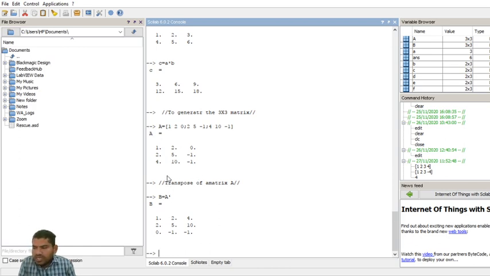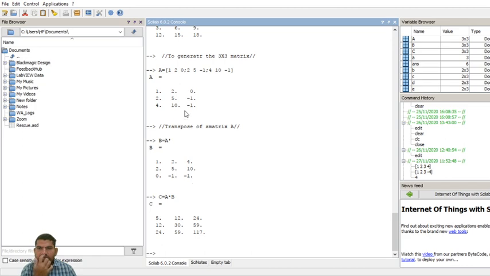This is B output. Now I want to multiply A and B. For multiplication of A and B, we use the symbol C is equal to A into B, and we get the multiplication output.